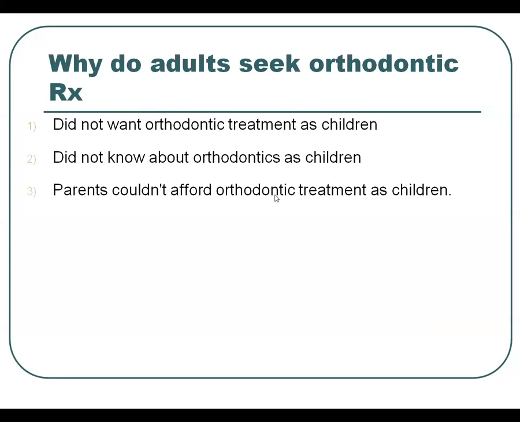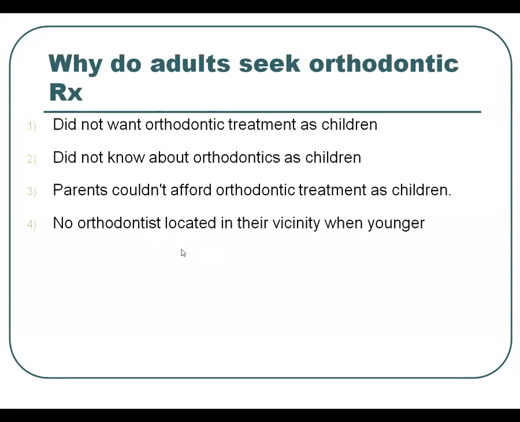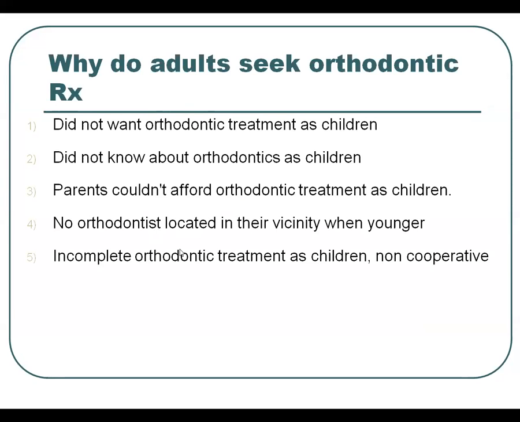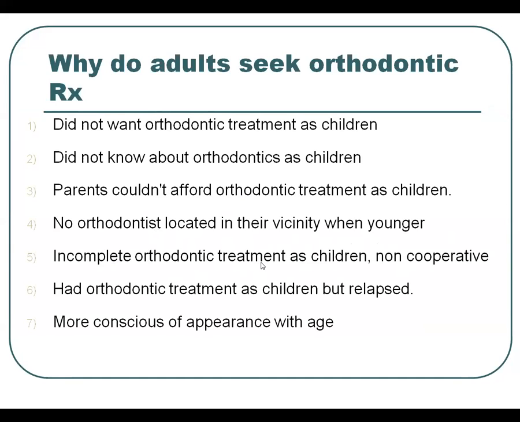Parents could not afford orthodontic treatment, or no orthodontist was located in their vicinity when they were younger. Or incomplete orthodontic treatment as children, or they may have been non-cooperative at that time. They had some orthodontic treatment as children, but in some cases they might have relapsed, or they became more conscious of appearance with age. That means with advancing age they become conscious about their appearance,